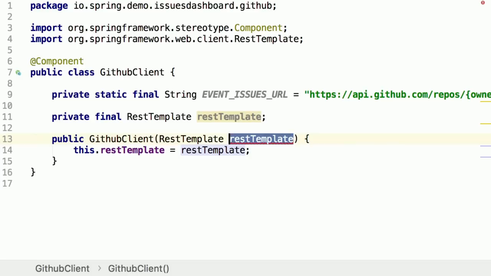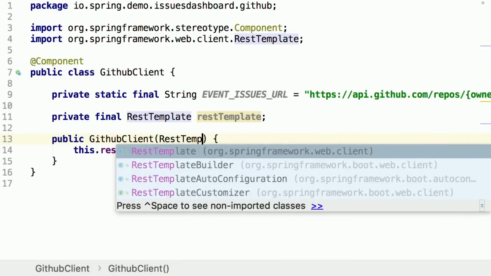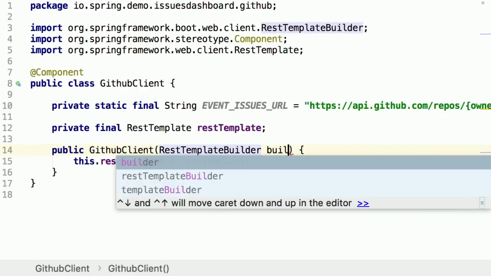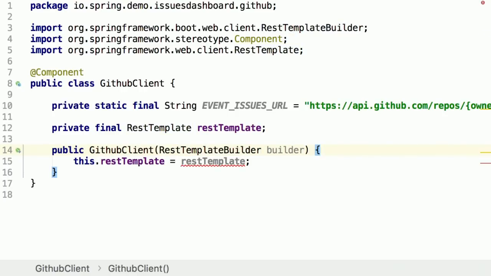Here, but it's not something that I want to create as a bean. I'll use the REST template builder. So a REST template builder is something that Boot is providing as well. So let's say you want to have all the nice configuration things that Spring Boot provides. So including,